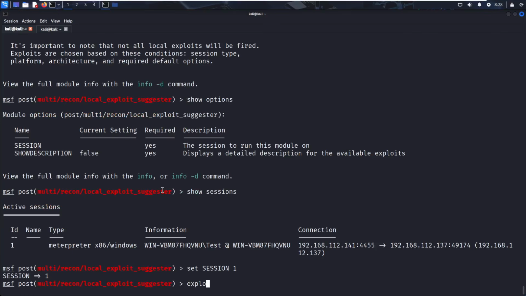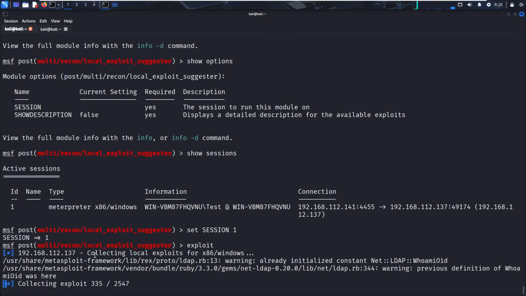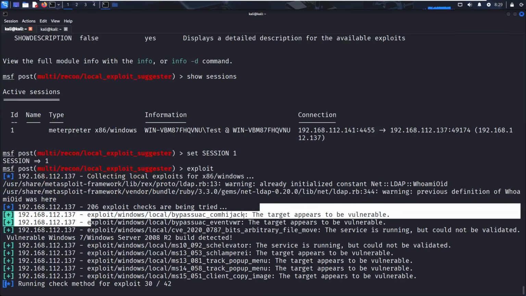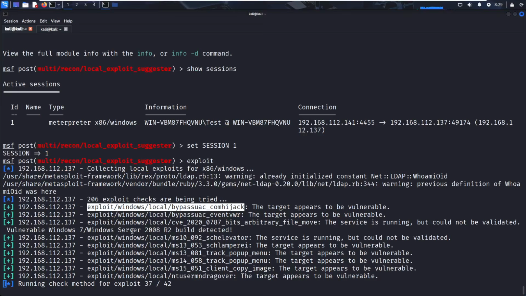If I type here exploit, now it's going to use this session, your previous session, and it's going to look for vulnerabilities in it. It's going to attach the local exploits. Is there any exploit that will work? It's going to tell us, okay, this exploit is going to work on this machine. You can use it to exploit. It's also a kind of vulnerability scanning. It's scanning for the vulnerabilities. See, it's saying that this exploit will work. See, the target appears to be vulnerable with this exploit. That means I can use this one to perform what? Privilege escalation. And also,